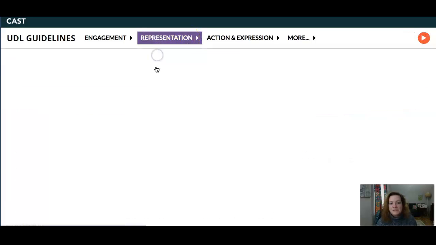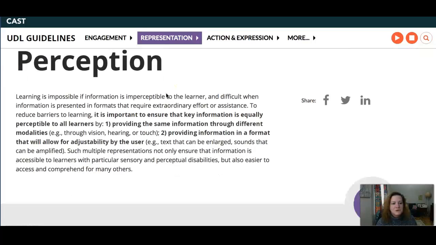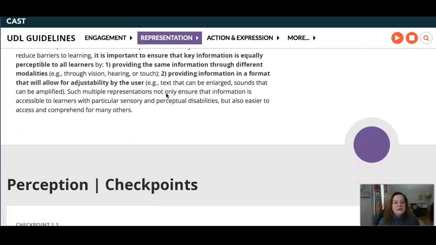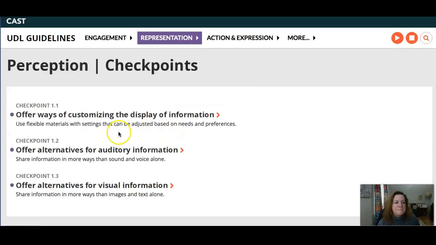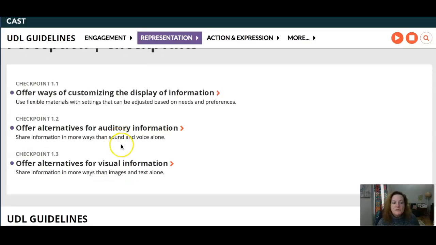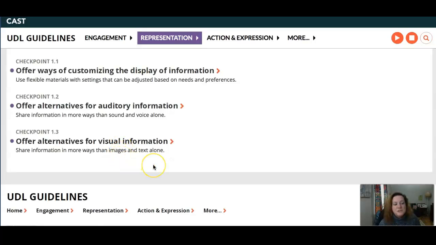You're going to provide options for perception. So understanding, so giving that information through different modalities, whether it's visual, hearing, touch, braille, tactile. Allows for adjustability, so think about our course in Brightspace. You can customize the font, represent things in different ways. Thinking about flexible materials to customize displays of information, providing some alternatives for auditory. If you notice, there is a closed caption track, there are transcripts, so we have options, so it's not just sounds and voice, there's visual, there's auditory, there's text-based, and then the alternatives for visual image, so not just images